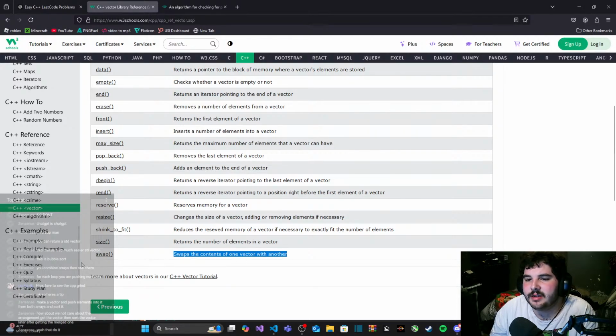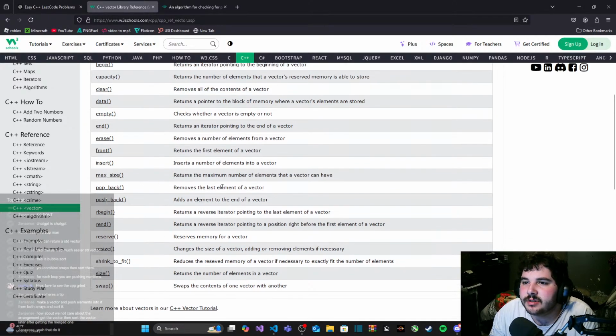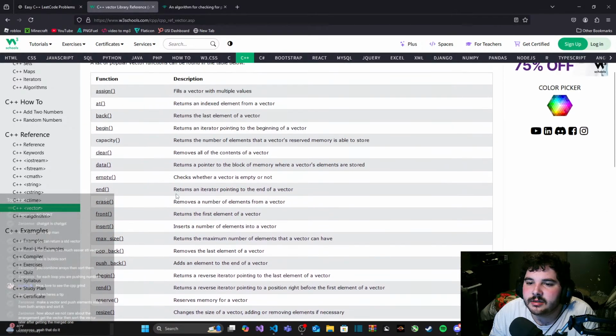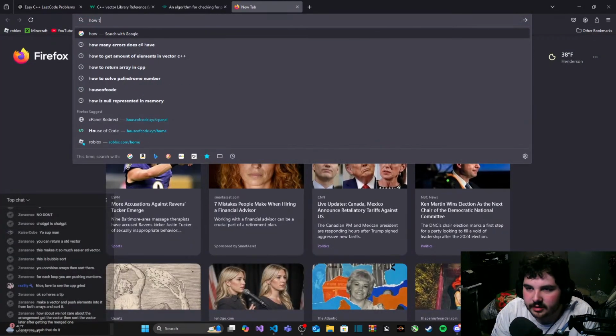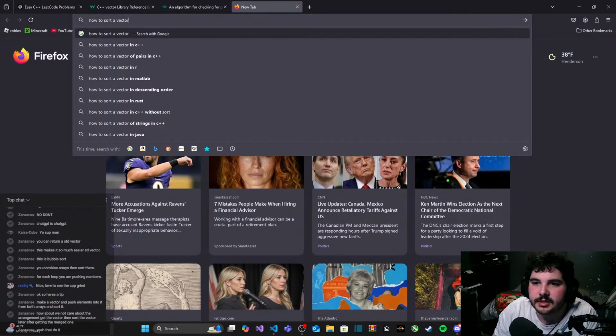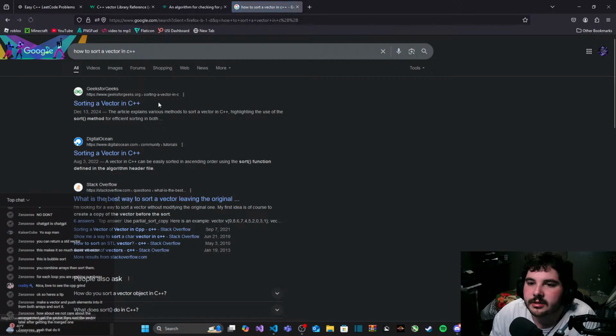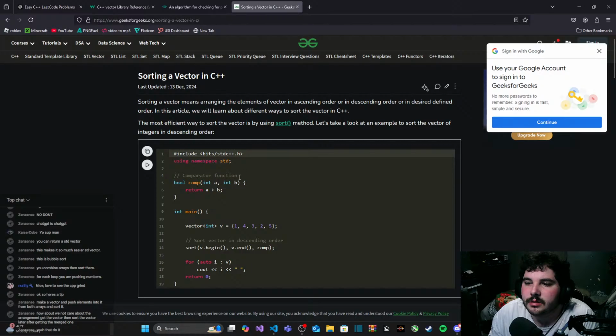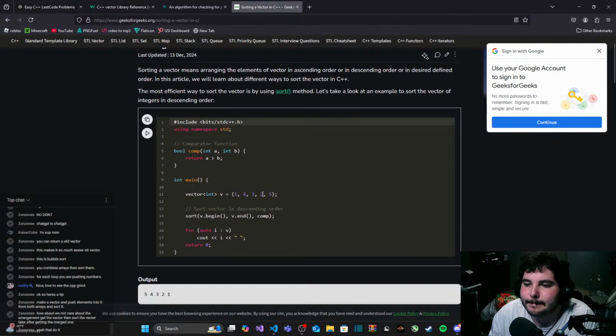Okay. I mean, it makes sense. Not that I probably wouldn't have figured that on my own, but I was curious about that. How to sort a vector in C++. Sort v.begin, v.end.